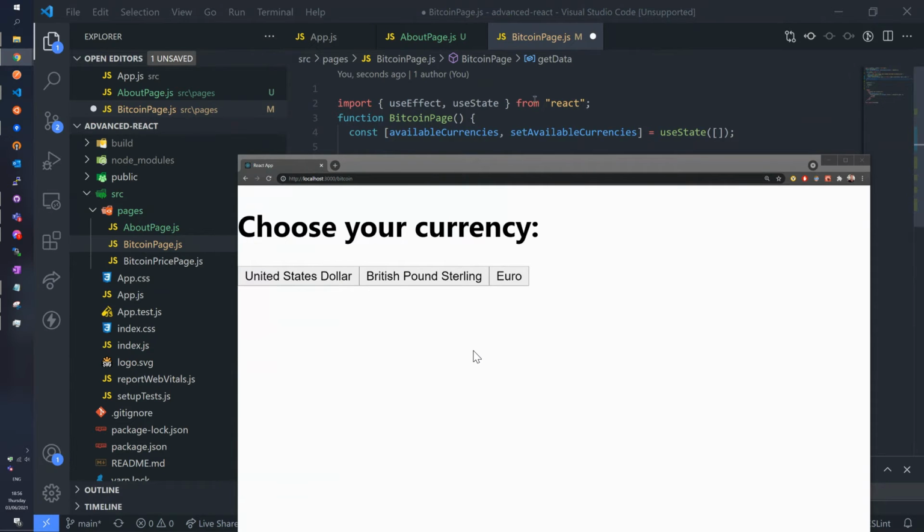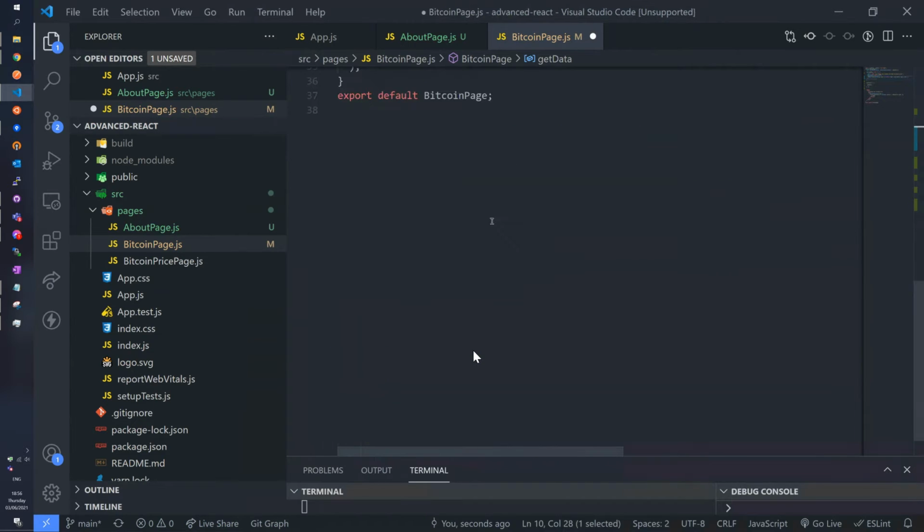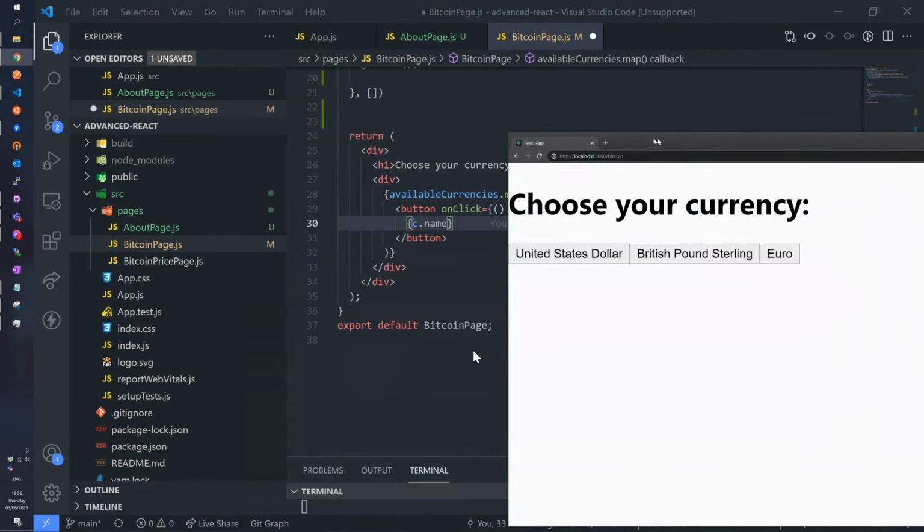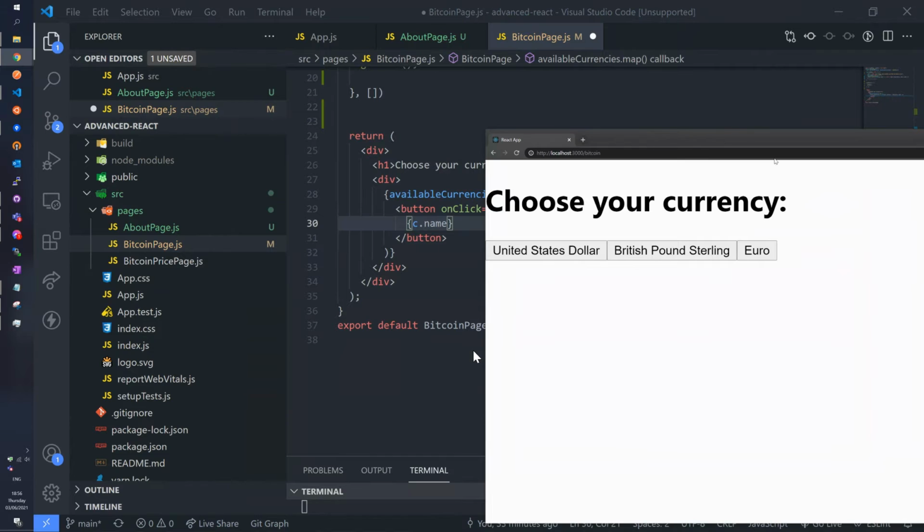That's it. Okay, so for each of them, I say that I want to create a button, right? And this button has inside it the name of each of the available currencies. So no surprise there.